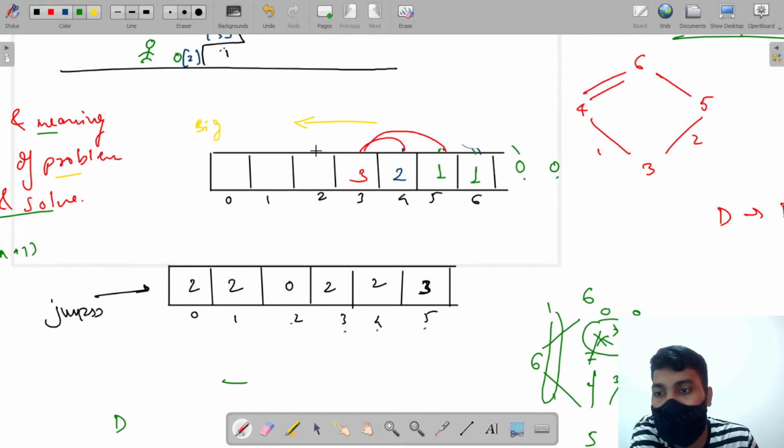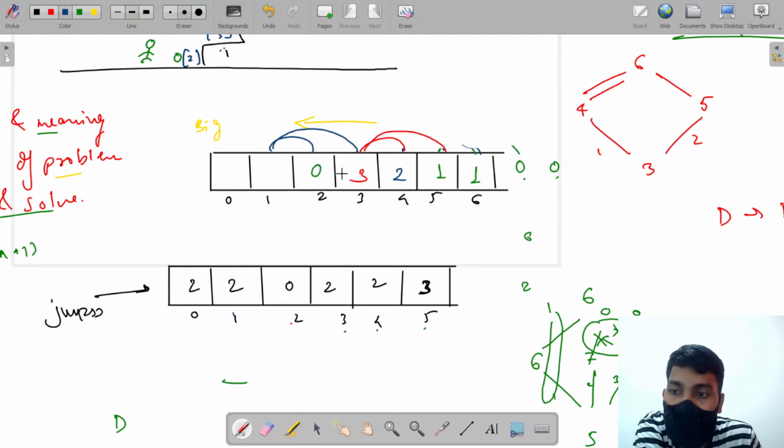Now similarly, if we are at 2, how many choices do we have? We have 0 choices. Therefore, from 2 to reach 6, we have no jumps. Therefore, the answer will be stored as 0 only. Now, from 1, that is from stair 1, we have two choices, that is 1 and the second jump.